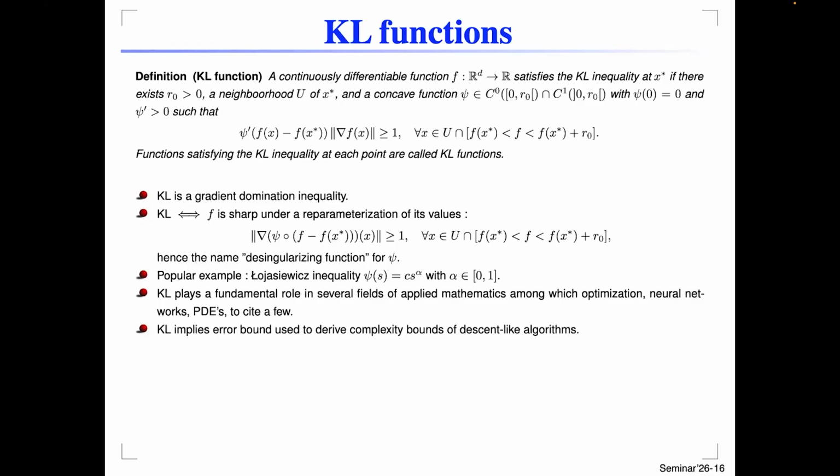And what you see here is exactly this. You have a gradient growth condition that tells you basically that the gradient is going to grow faster than the objective if you reparameterize. The most popular example is the Lojasiewicz case, where this function is a power function. So the psi here is an increasing concave function with alpha between 0 and 1. And one which is very popular in the machine learning community is the case where alpha equals 1/2. And when this inequality is not local, but global,